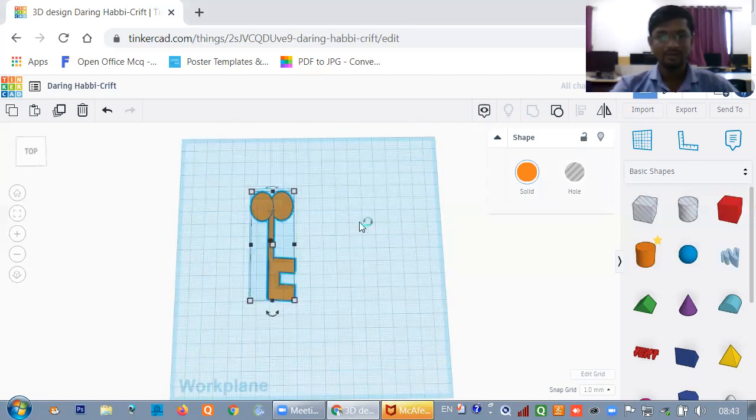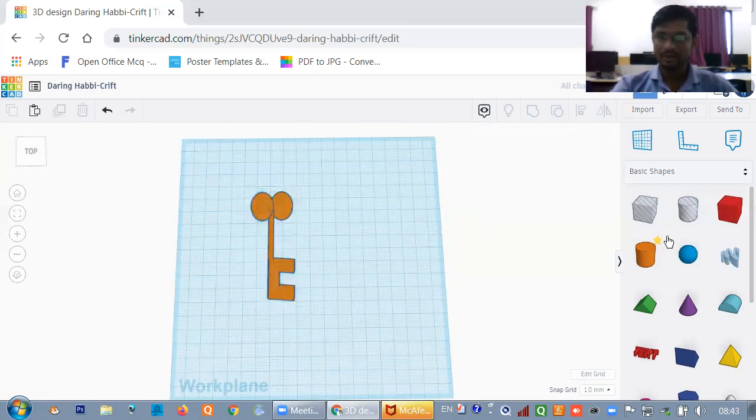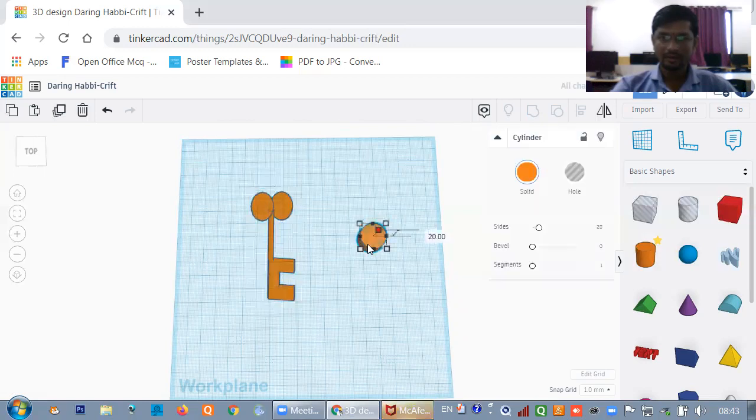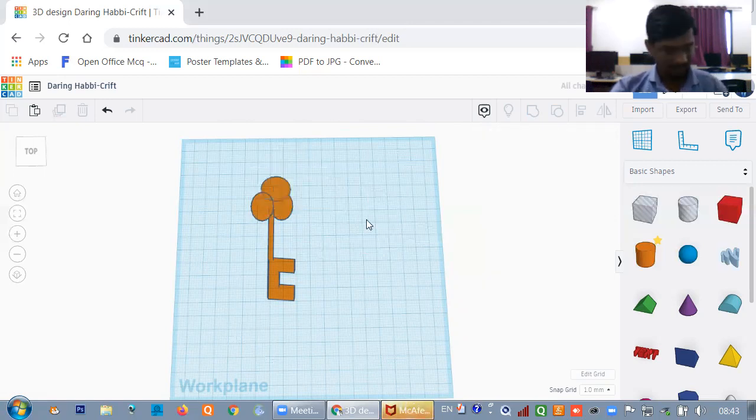It is hiding upside, so you can use another one here. If you want to insert that, you can move it here and paste it. Once again, you will get the details. Like this, you can set different types of designs. Okay, this is it. I hope everyone got the concept of how to create a key.